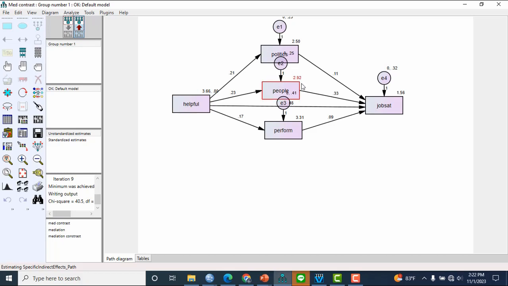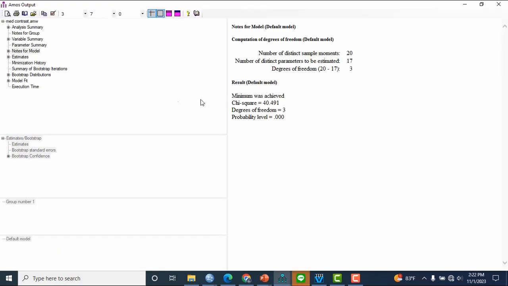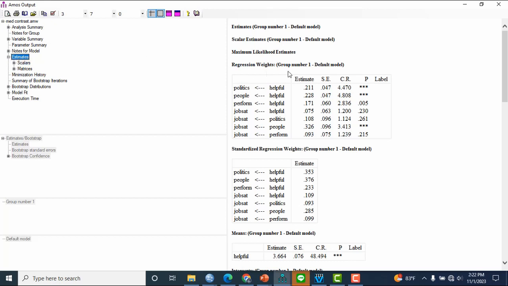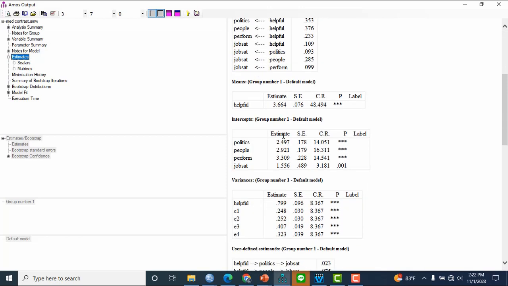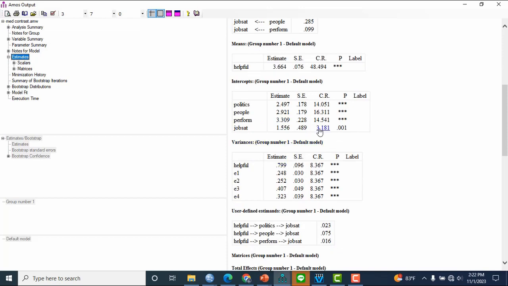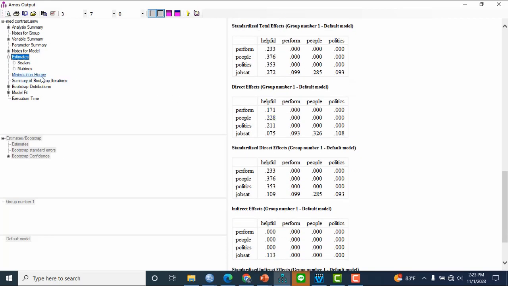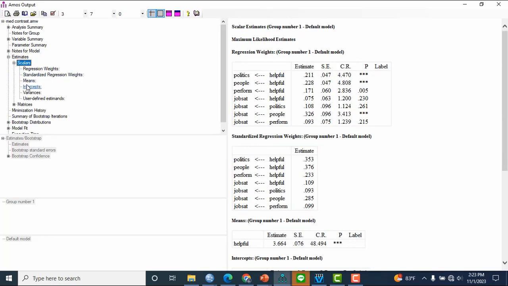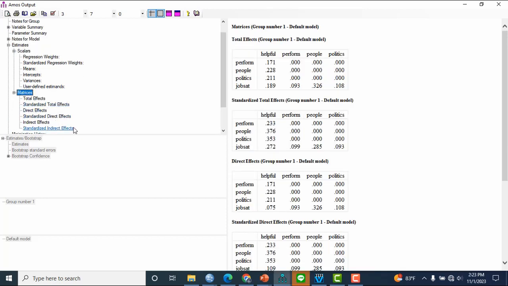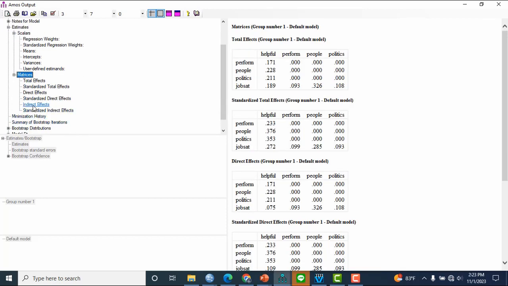We already get the result, and we can check the total report in here. We see in the estimates, we get all the coefficients and the variables for the coefficients. And also in the intercepts, we also get the numbers. And I want to check the indirect effect here.